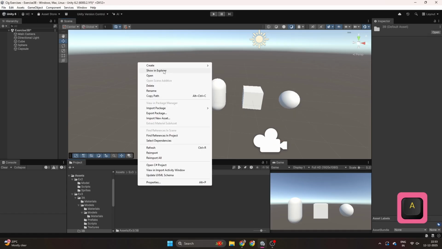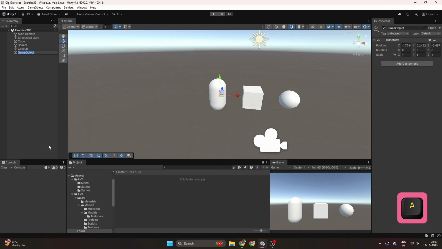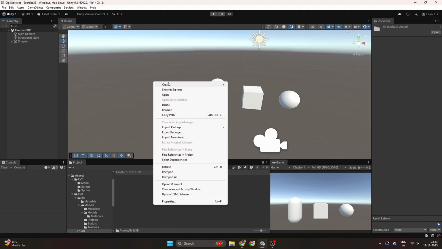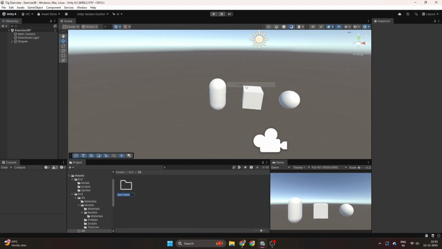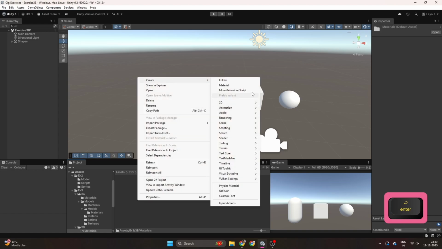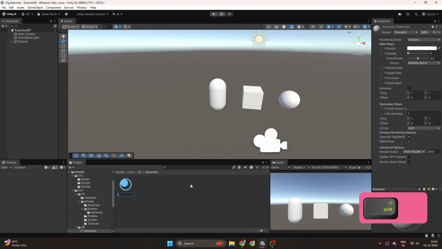And I'm going to right click in the hierarchy and create an empty game object and name it as shapes and reset its transform. I'm going to child all the shapes I have created, and I'm going to right click in the 3B folder and create a folder and name that as materials. And I'm going to create 3 new materials. So first material, I'm going to name it as red